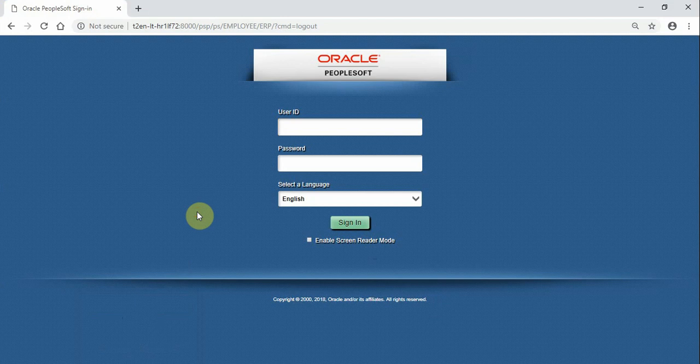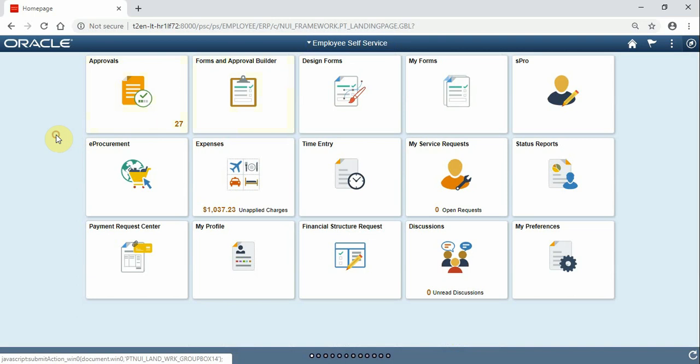Let's log into PeopleSoft to start with the demo. I've created a navigation tile myself regarding the forms setup pages, and in this navigation tile I've included some shortcuts to pages for the setup, so it makes it a bit easier for this demo. Then I don't have to browse through all the menus. So let me click on the navigation tile here,